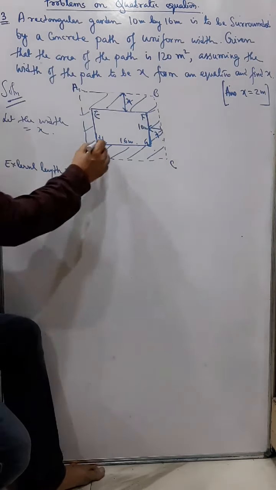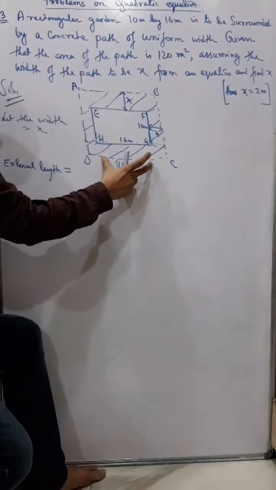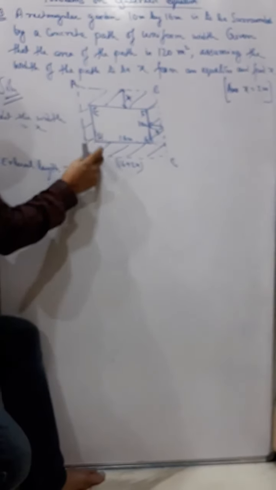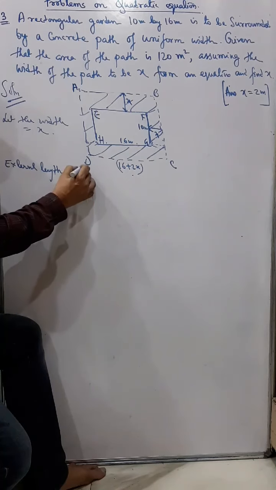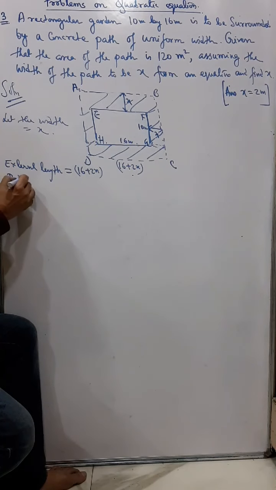Now try to understand. External length will be this 16 plus x and plus x from here, so it will be 16 plus 2x, this external, because you can understand this path is x from here and this x from here. So this is 16, then plus x and plus x, so you get 16 plus 2x as the external length. Similarly internal length,